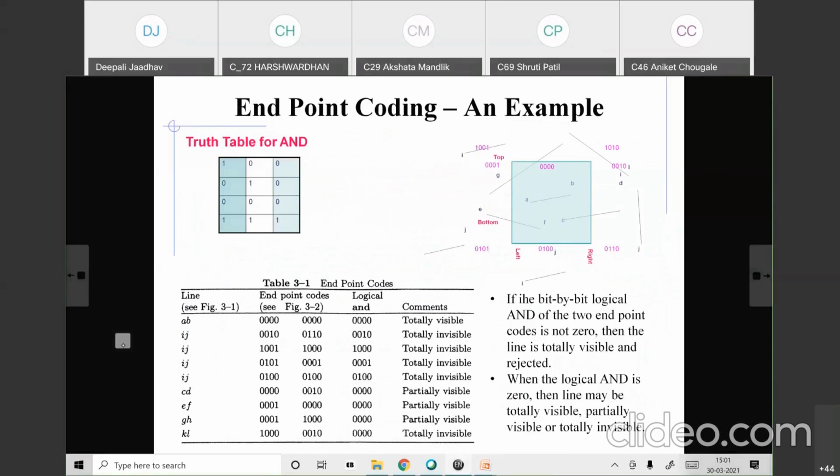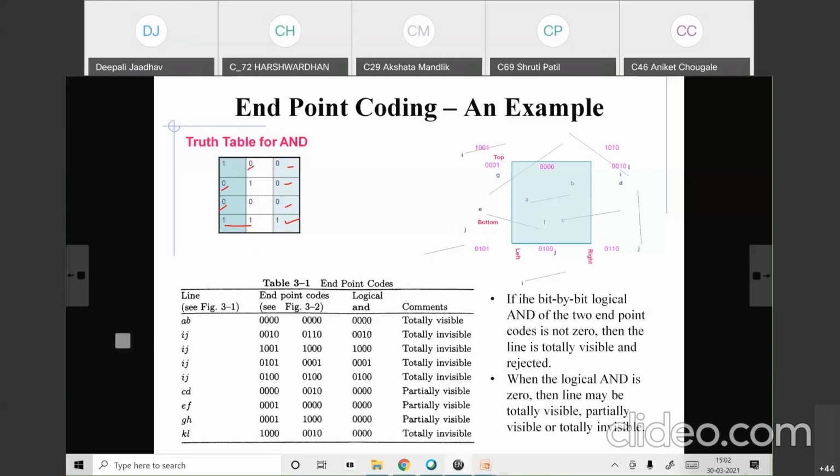For that, the AND truth table is used. I think all of you have already studied the AND truth table in discrete mathematics or in your STLD switching theory. When both inputs are 1, only then is the output of the AND gate 1. Otherwise, the output is 0. It means if any one input bit is 0, the output is 0. For AND to be 1, all the inputs should be 1. So using this truth table of AND, we are going to find out.